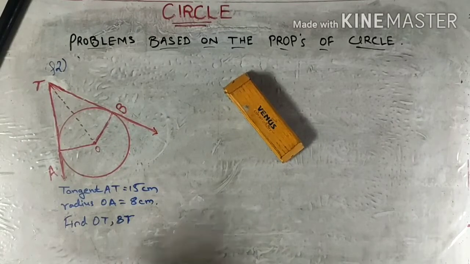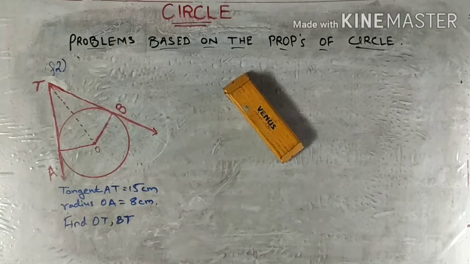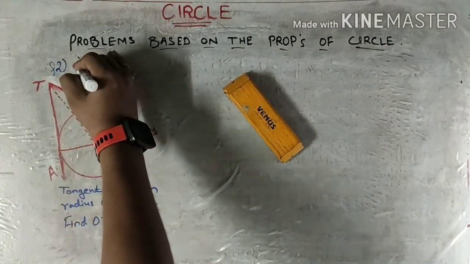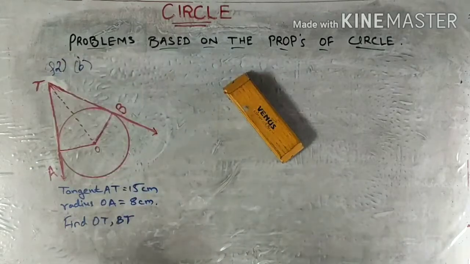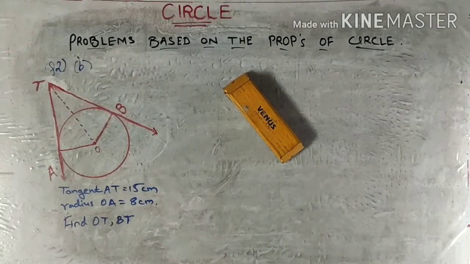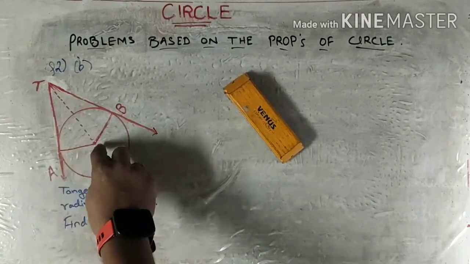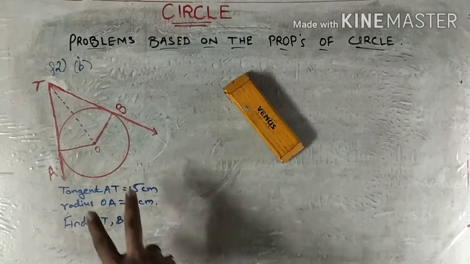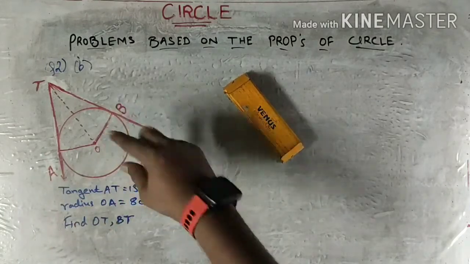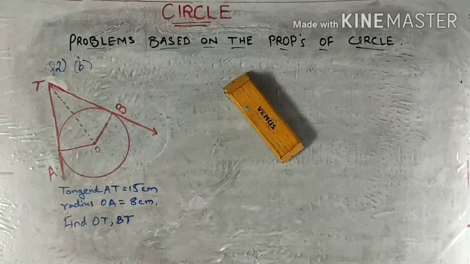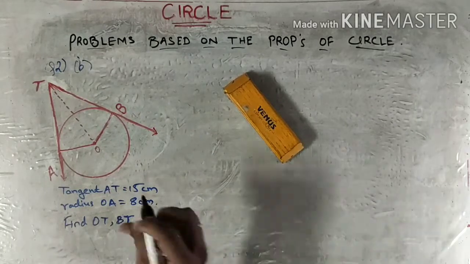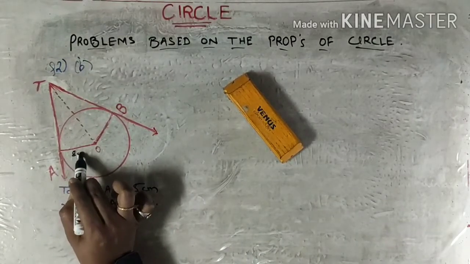Let's move on to the last problem for the day. Okay, it shows there is a circle with center O. How do I conclude that it's a center O? Because radius is OA, that is 8 centimeters. If this is the radius, that means O is the center. So OA 8 centimeters, OB will obviously be 8 centimeters because they both are the radii of the same circle. So I can write the values in my own diagram. 8 centimeter,